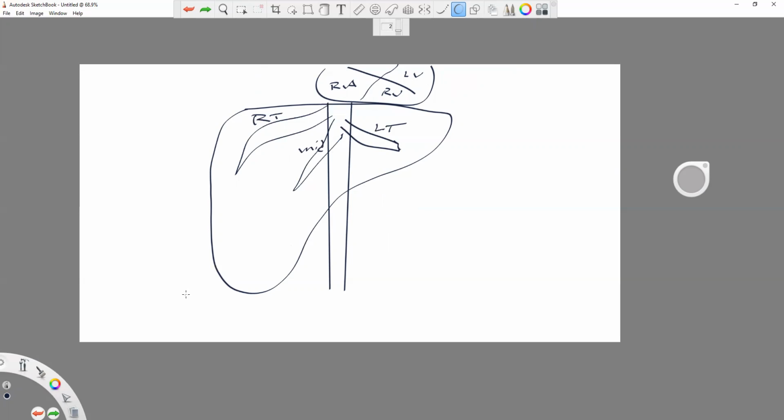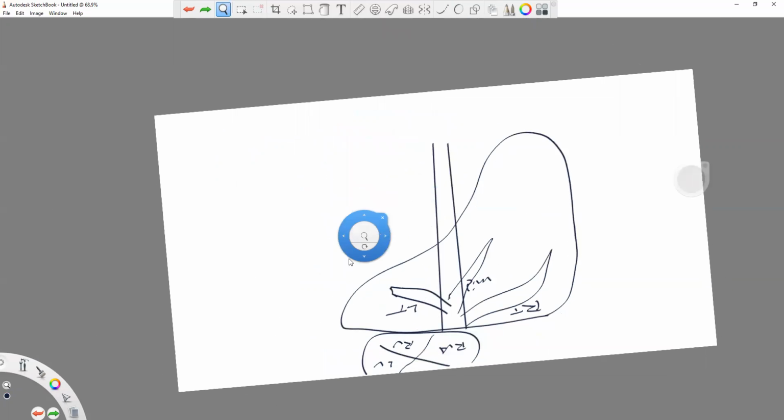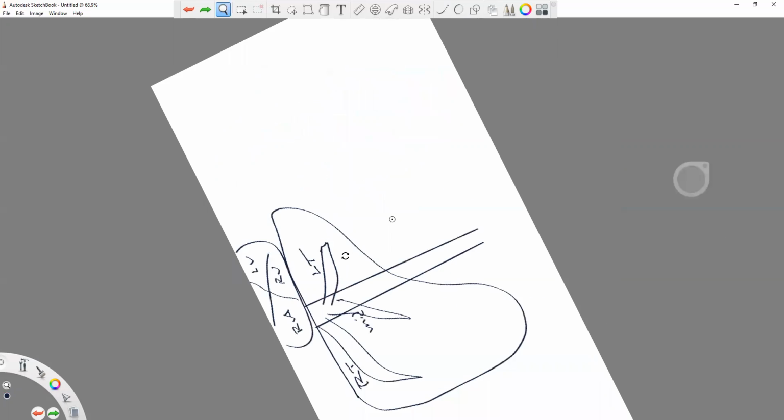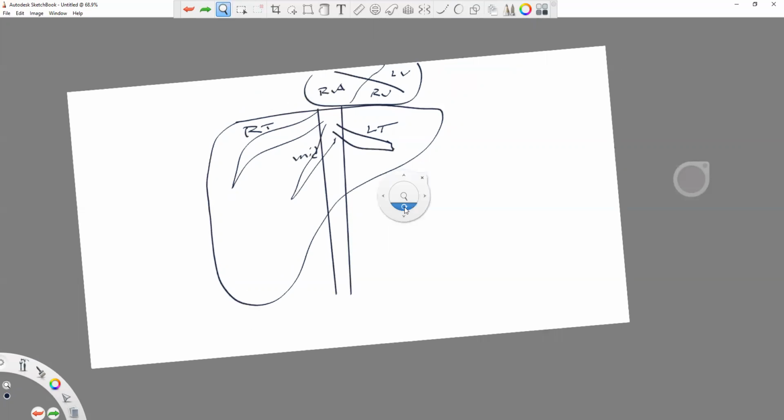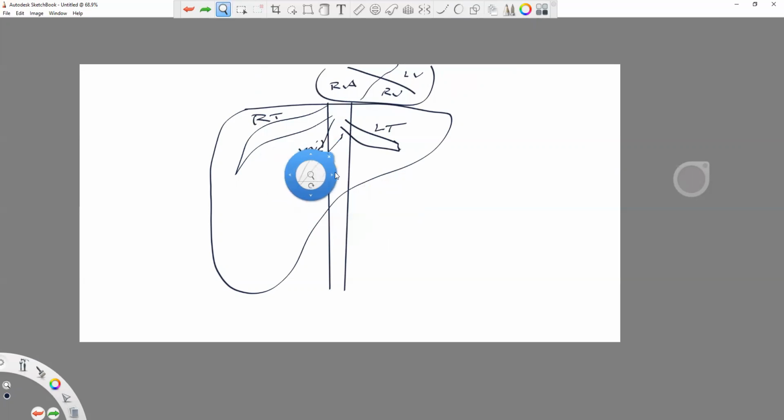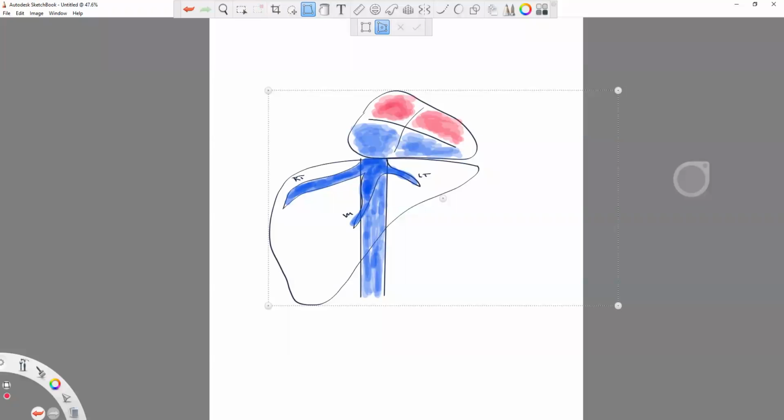Now, I'd love to be able to spin this and show you what upside down really means. But that is not accurate. It's really, if I could take the page, you know what, I bet I could. Here, I'm going to pause this, draw a little better image, and then show you. I think I could do this. Okay, guys, I think this is